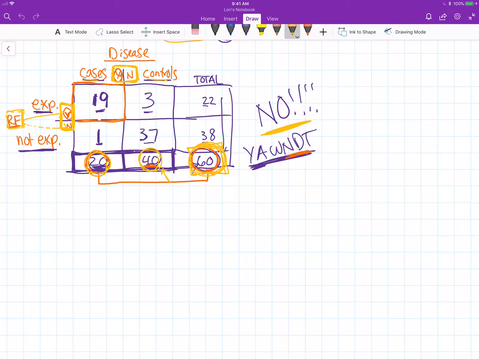Here we are again. We are looking at our fictitious data on disease and the risk factor exposure. And here's our completed 2x2 table that we arranged in our last video. So once you have arranged the data in this 2x2 table and you have all of the information laid out the way that it's easy to look at in a systematic way, the next thing that we do is we like to calculate some kind of